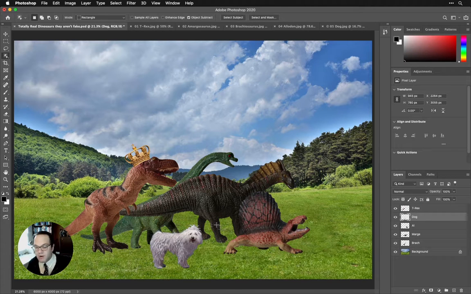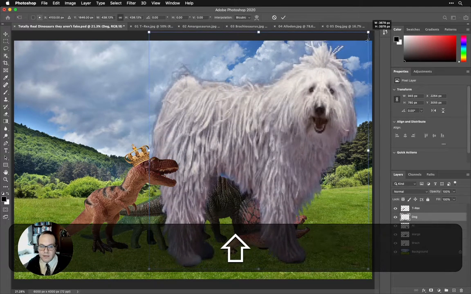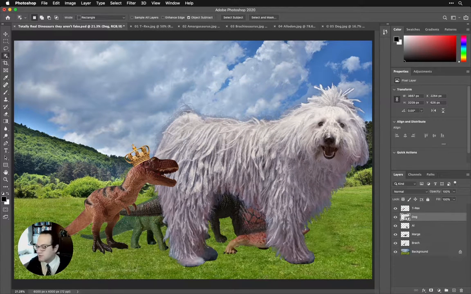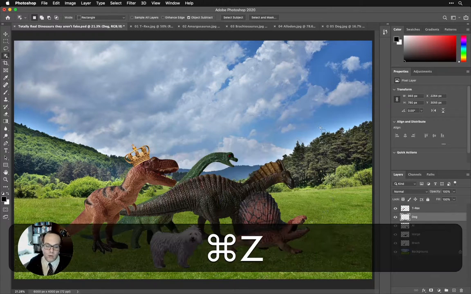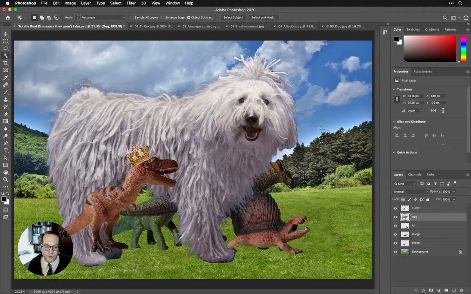Now this runs us into a problem, because let's say that we want to make this into a giant dog, Command T. After I've saved this, if I want to increase the size of my dog, you can see that I've lost a lot of resolution. And that's because when I shrink it down, I am throwing away information. A way to keep things consistent if you're changing size is to turn them from just a normal layer to